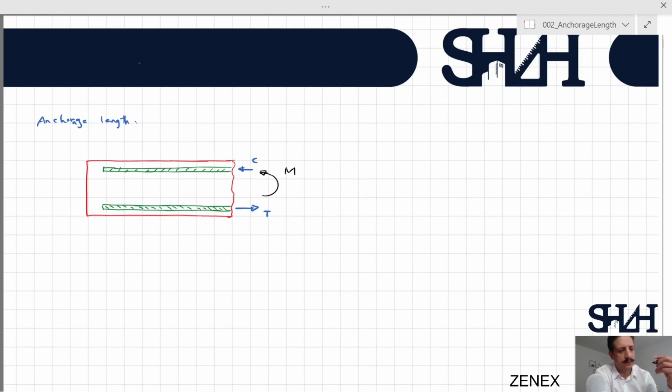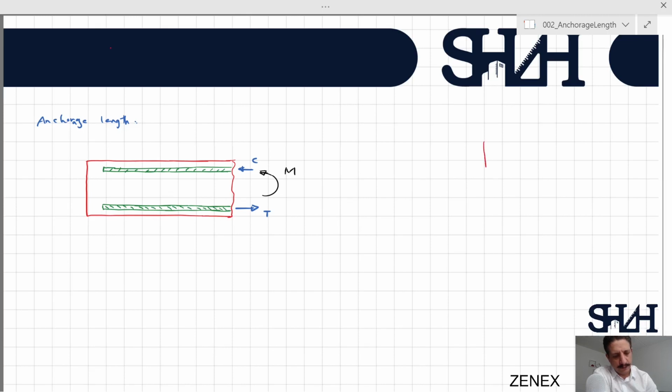We know that the compression is taken mainly by the concrete. So if we do not have enough length inside the concrete from the point that we have this tension, then that reinforcement will slip from the concrete. The reason is that it doesn't have enough anchorage inside the concrete. To understand it better,